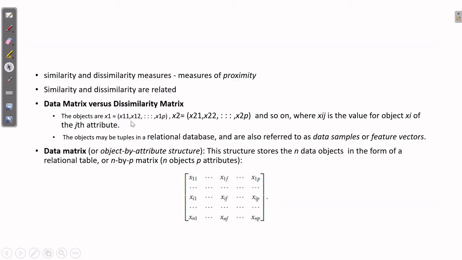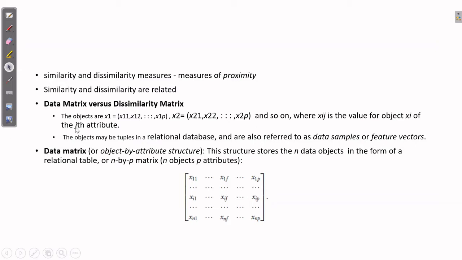So you have features x11, x12, etc. up to x1p. There are p features here, corresponding to the object x1. Similarly, x2 will also be represented using p features, x21, x22, etc. up to x2p, and so on. This is how each of these objects is represented. It is here that we come across the term feature vector. We talk about it as a vector because every object can be thought of as a point in a multi-dimensional space. That is why we call it a feature vector.